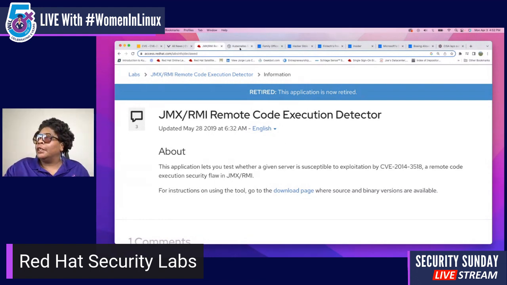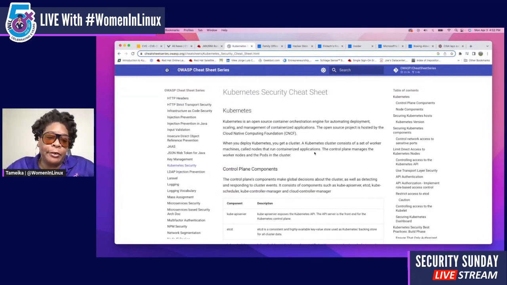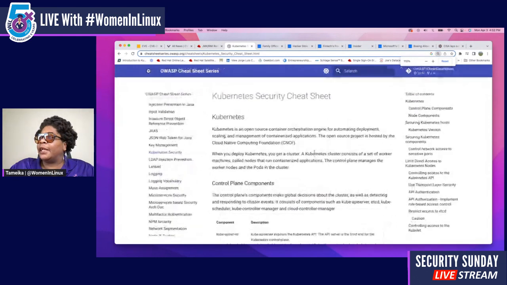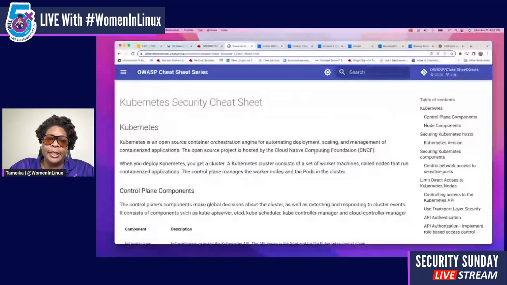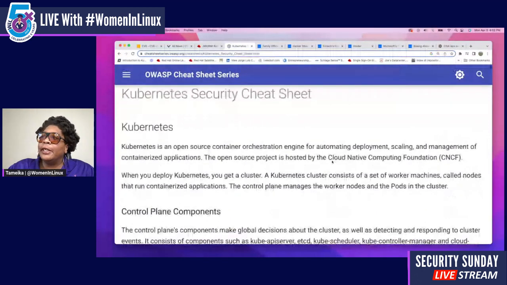All right. Next one up is Kubernetes. So there's a list out there for Kubernetes as well. You find that on the CVE website. But I wanted to give you the Kubernetes cheat sheet, right? So this is the Kubernetes